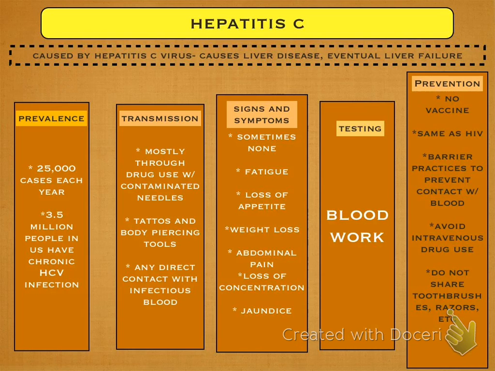Got in his eyes, got in his mouth. Come to find out, this kid had hepatitis C. He was devastated. So he went through a series of testing. There is an antiviral medication that you can take. They don't guarantee that it will work. Sometimes it does, sometimes it doesn't. So he did go through a series of testing for a while to make sure that he didn't contract it. And fortunately, he did not contract it. But that right there is enough to scare you to death. Because he easily could have gotten it.